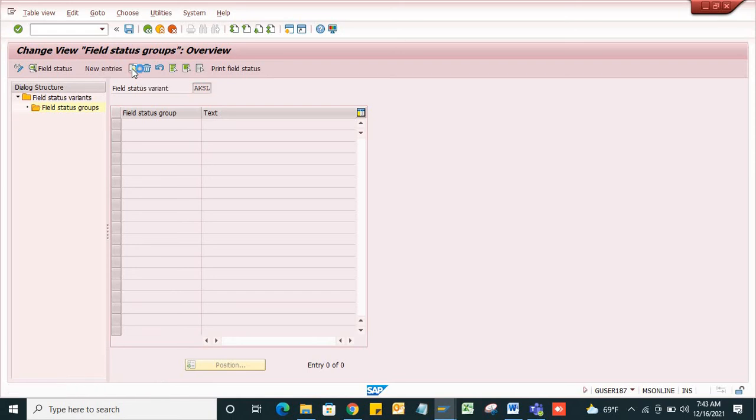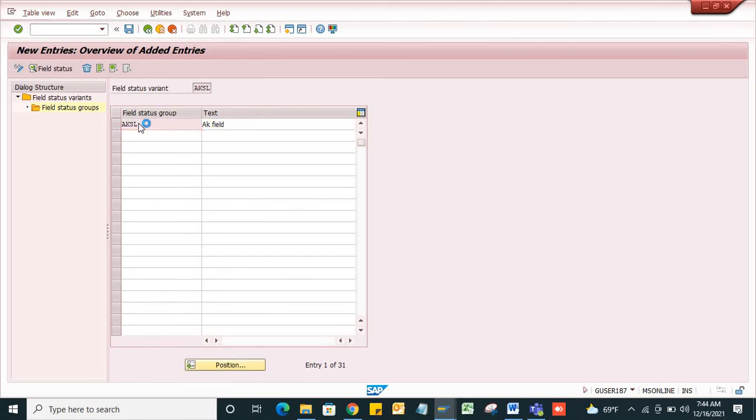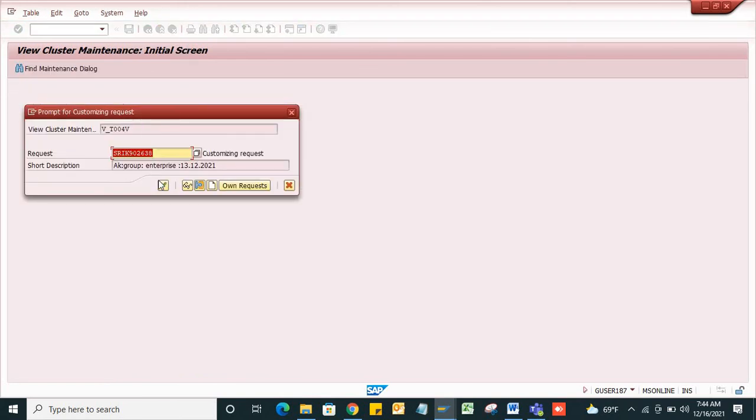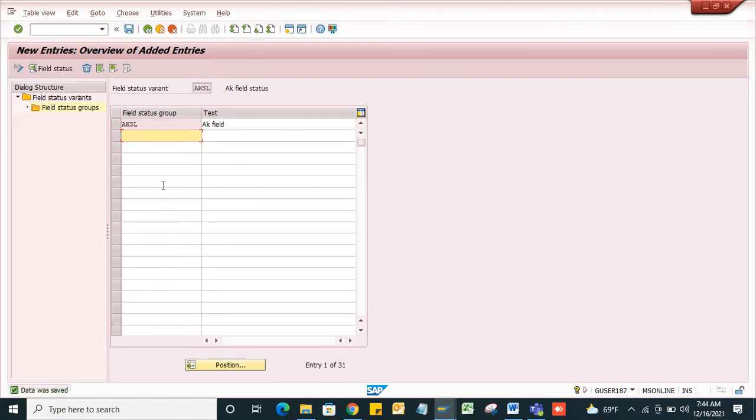I will click on copy as. No entries found. Group AKSL, text AK field. I'll save this. Click on this transport request. See, now my field status group has been created.